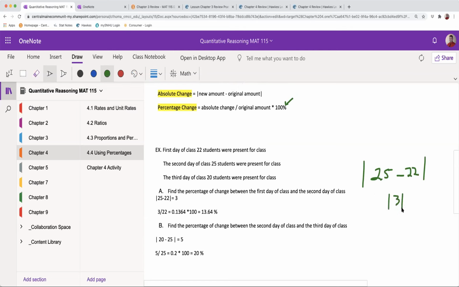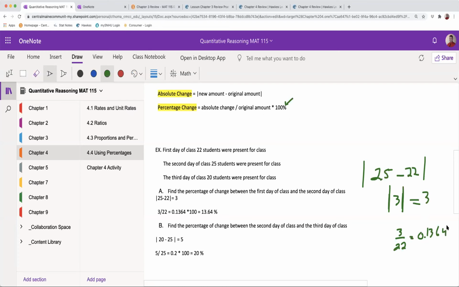And it's already positive, but these are absolute values, because everyone looks back at my notes. Absolute value of 3 is still 3. So there's my absolute change. And then I divide that by my original amount, which is 22. So 3 divided by 22 equals